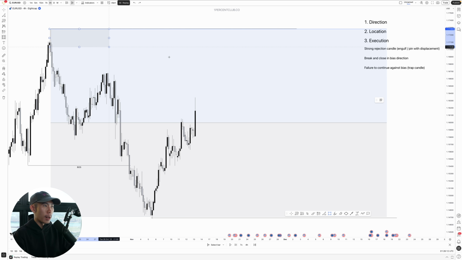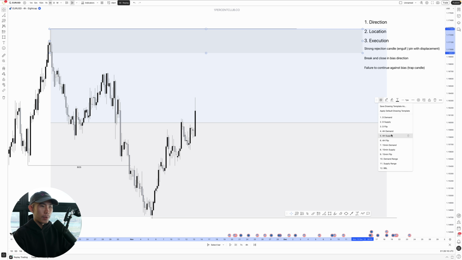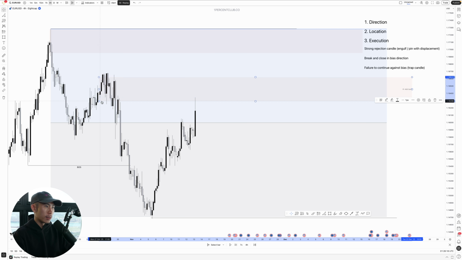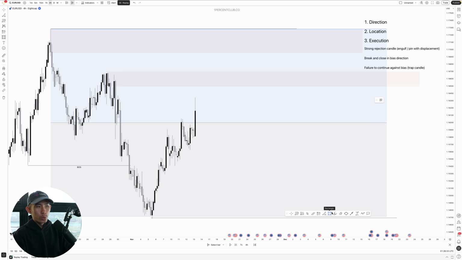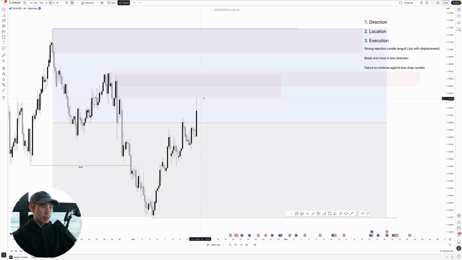So we always start from the extreme. This is the extreme supply zone over here, and then followed by this supply zone that we have marked up right here. But you can see this is already mitigated, which means price came down, mitigated that supply zone, filled up the sell orders that were within the supply zone, and just continued dumping just like this. So most likely price is not gonna respect this zone. What I do want is an unmitigated supply zone like this one right here. So that's the unmitigated supply zone that price is approaching.